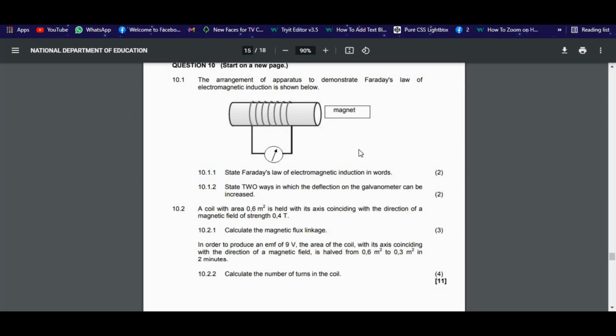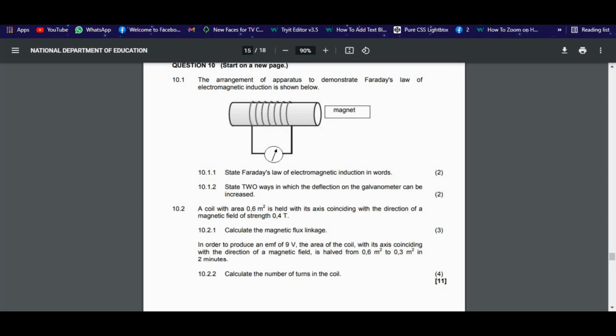Alright, completely different question now. Not too difficult, it can be done with ease. First things first, we've got a new area, so that means we're going to have a new magnetic flux. The area was halved, 0.6 meters squared to 0.3 meters squared, then